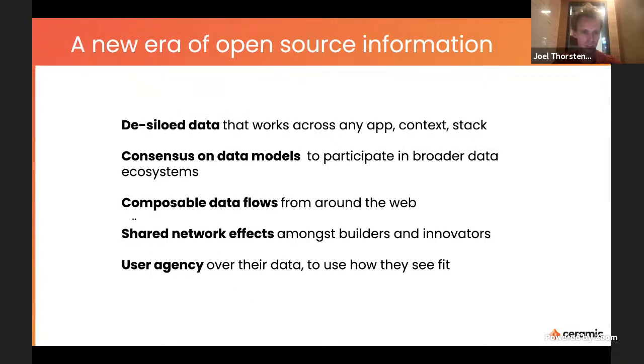And I already mentioned these data silos. Data doesn't really live within any organization or nation boundaries anymore. The data becomes this global commons, and we can start creating these shared data models, as I mentioned. The other cool thing is that when we have shared data models, my application and your application do not have our own network effects. We actually share network effects, which is super synergistic once we start building applications. And finally, users have sovereignty over their data, so they ultimately control what goes in there and how it changes and is updated.